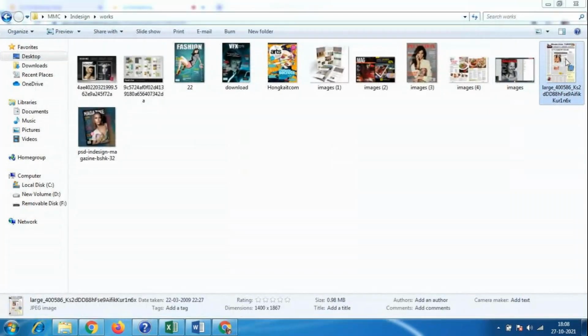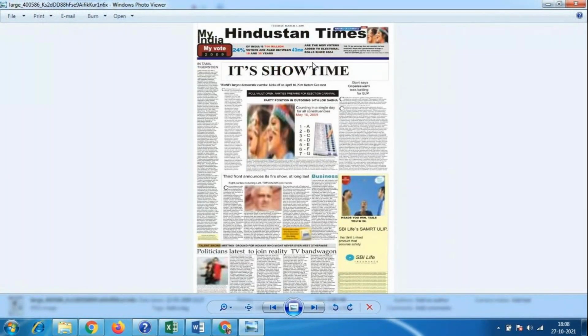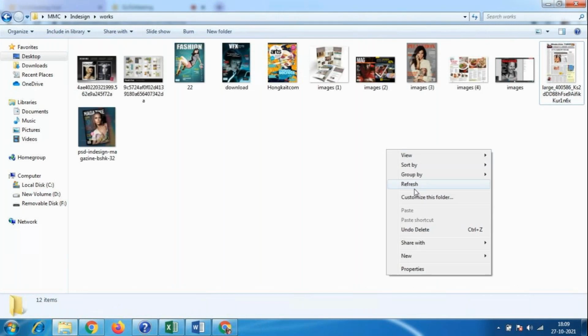And I have some newspaper design, look at here, this newspaper design, Hindustan Times. What are the things in the newspaper design? Here it looks very small, but after printing it comes in the newspaper size that everybody sees. Look at the columns here. Rows and columns are very important, and this option is only available in the InDesign software. InDesign is very important software that all companies are using nowadays.